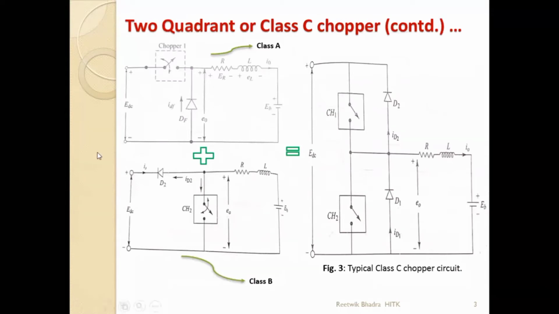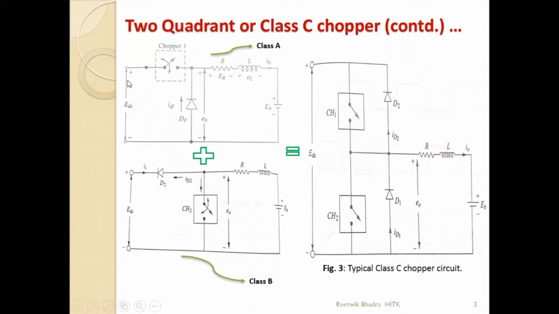Now this was a class A chopper, which we had already studied. Now both this class A and this class B chopper diagram we had already studied. We will have to combine these two and connect them in parallel. So when we are connecting in parallel, they will be connected to the same voltage source. Two resistors connected in parallel have the same voltage across them. So obviously there will be one source, that is EDC. There will be no two different sources. So I have drawn over here one source, plus minus EDC.